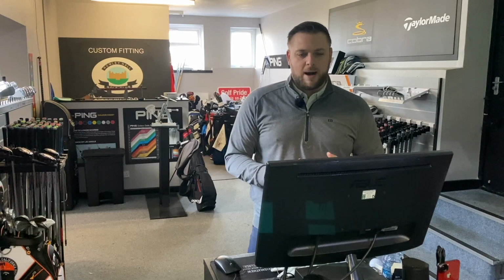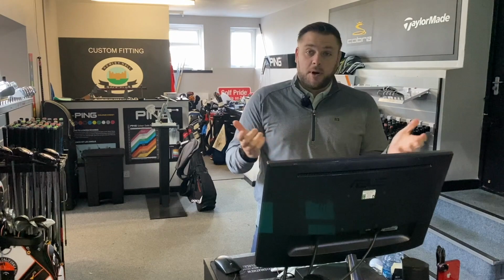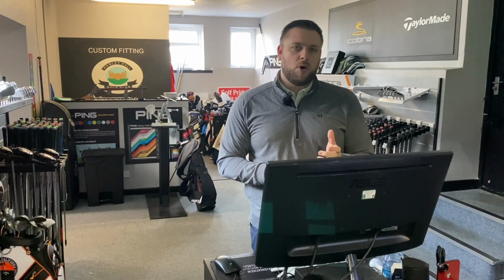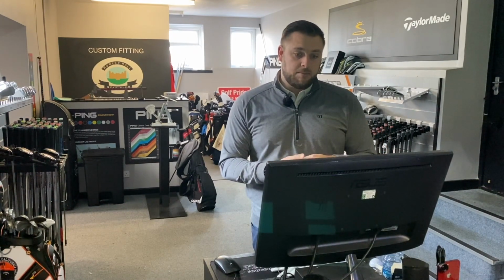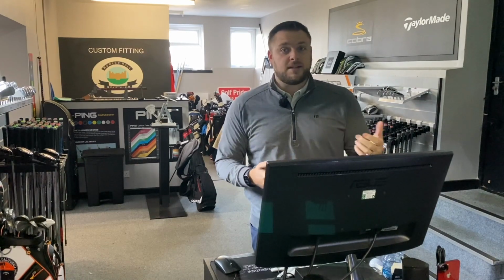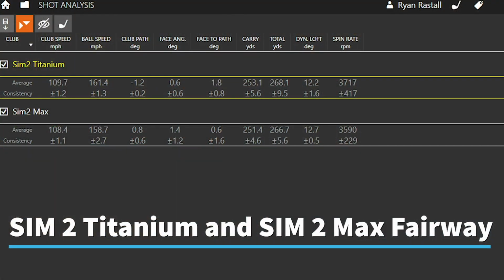That all matte black in a hybrid, I'm not too sure about, but performance-wise it was obviously a bit better. So yeah, if you're a player who wants that more traditional looking golf club behind the ball, then SIM2 is probably the one. SIM2 MAX, a little bit more wacky and fits in a bit more with the rest of the SIM2 range really. If we move on to fairway woods, we can see Titanium comes off a little bit faster,